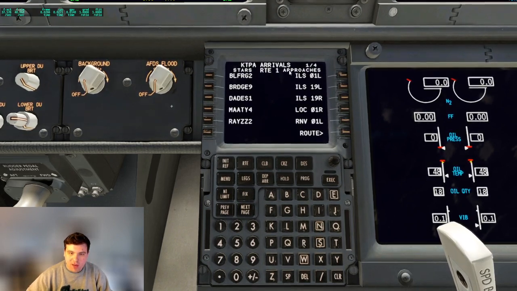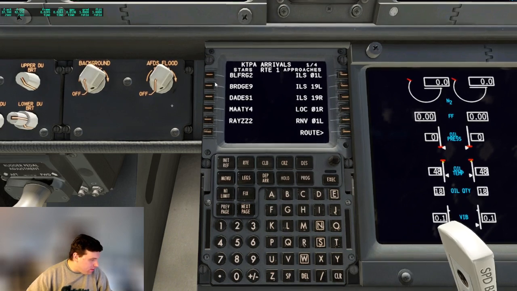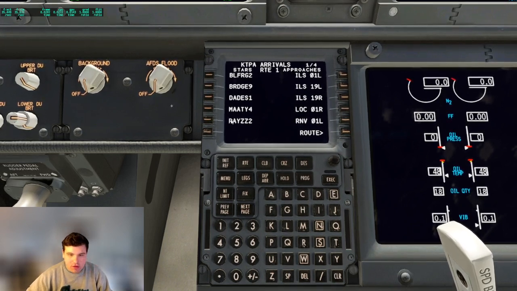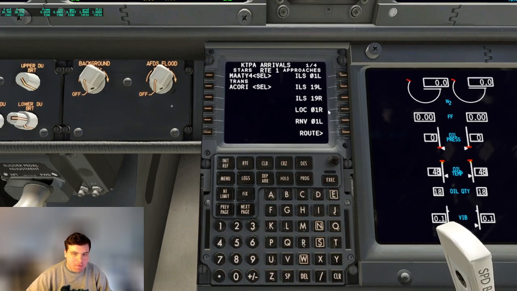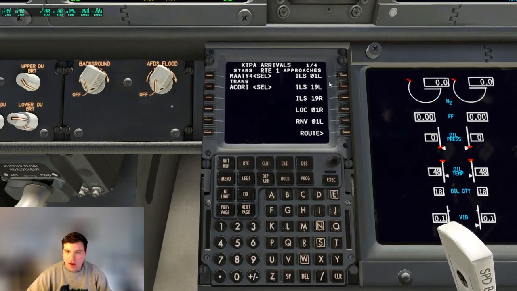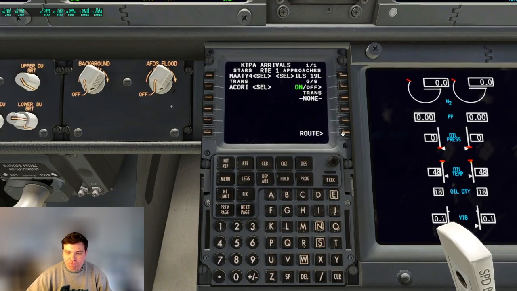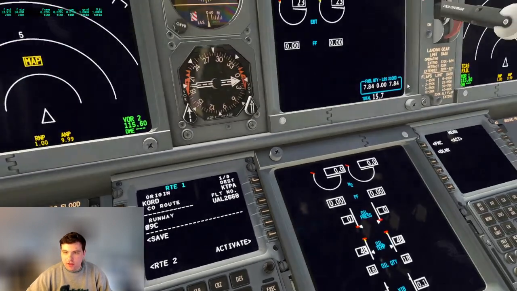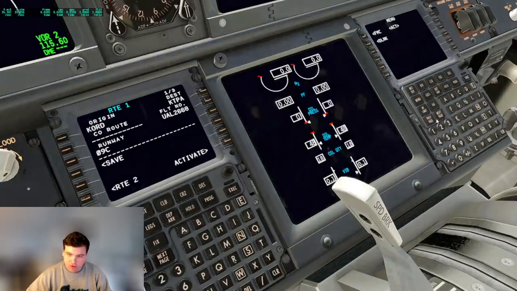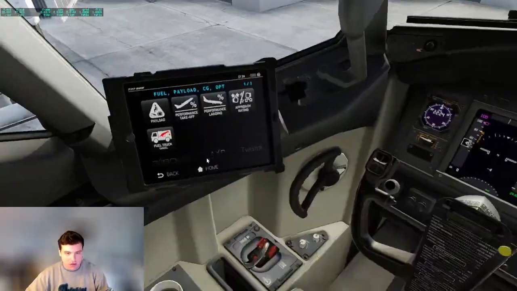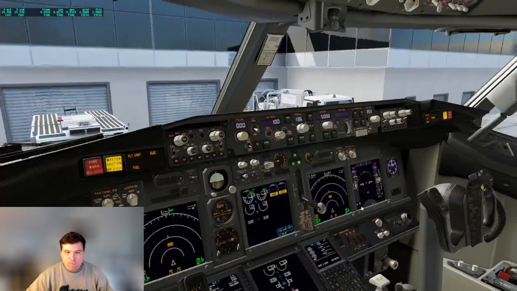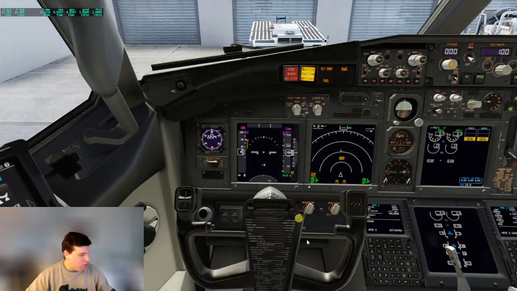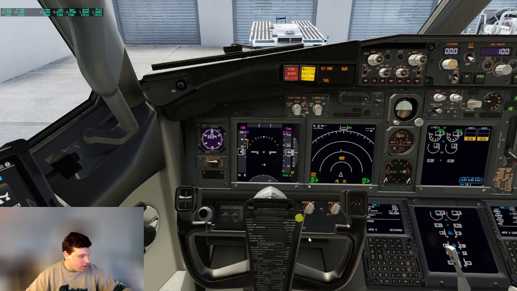So we'll come over here to Tampa arrivals and hit the MATI 4 arrival, which is what we're going to be doing. MATI 4 arrival, ACORI transition. We're going to be doing the ILS into 19 left tonight in Tampa. And until the fuel is all loaded up, I'm just going to leave it there until we're good to go. In this case, we can start the flight leg, get all the passengers started to get on board, and in the meantime, I will check the